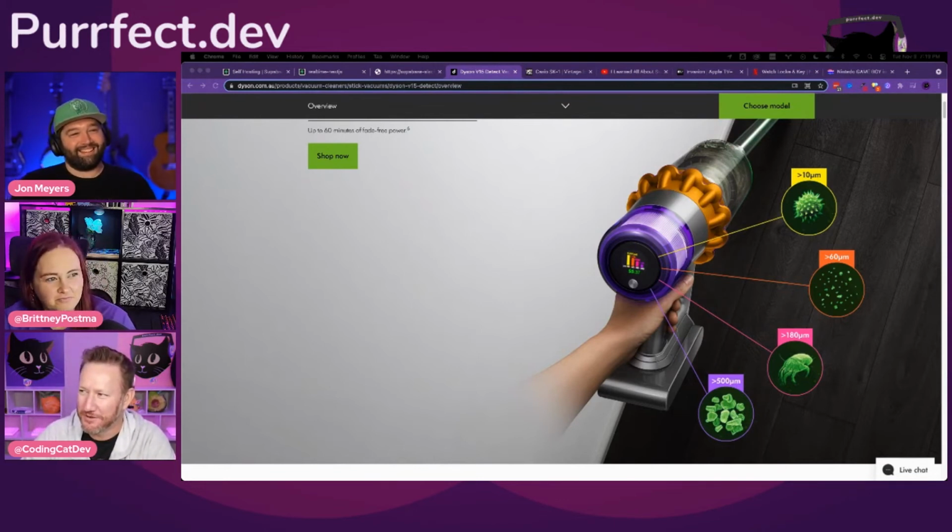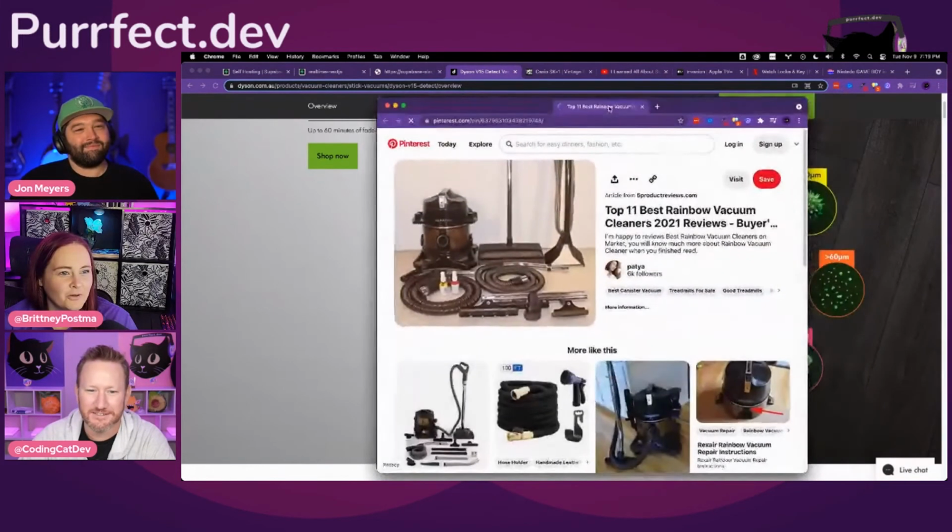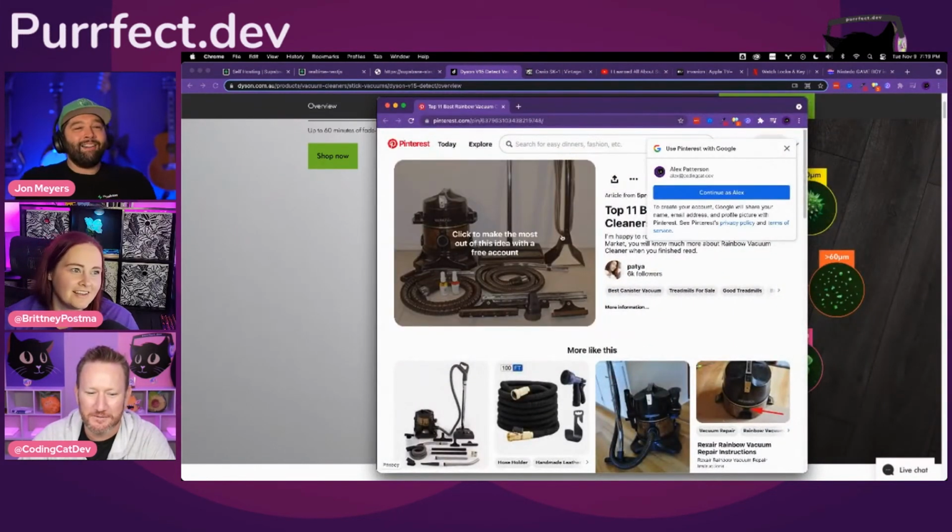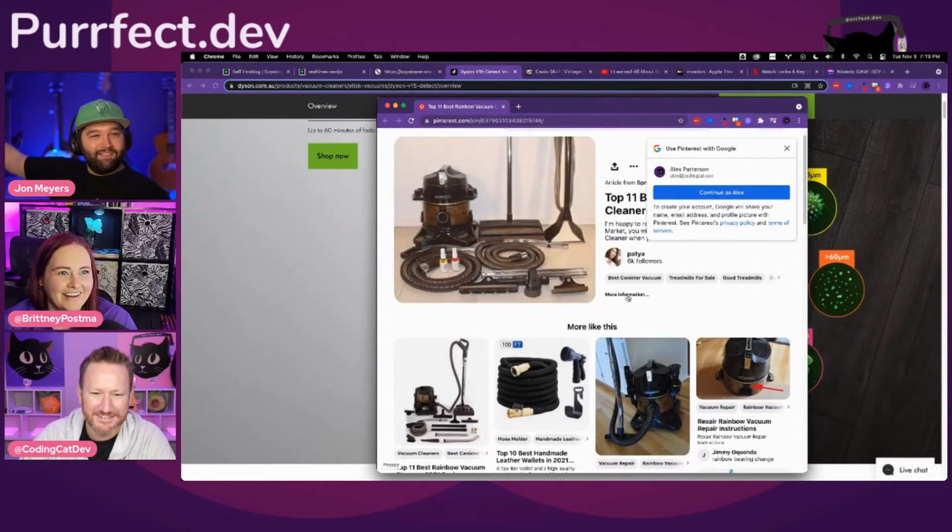Do you know what a rainbow water filtered vacuum is? No. Oh my gosh. I'm going to have to quickly Google. Hang on, I've got to bring this up. Here it is. This is like my grandma's. Are these the old style ones that are on the floor? Huge. You see this thing? Where you plug it into the wall? Oh no, it does have a unit. Okay. You drag this thing around, but it's got water in it.